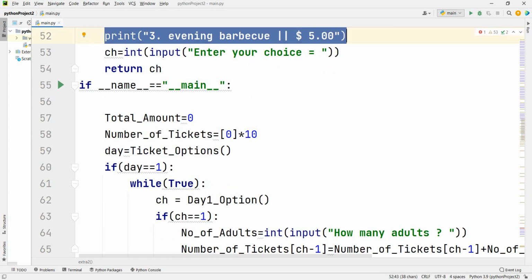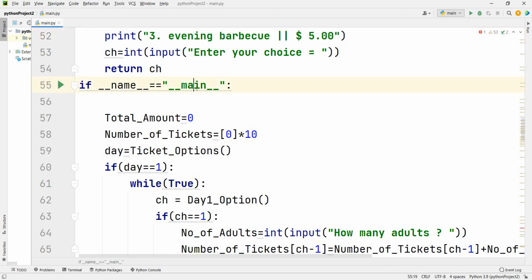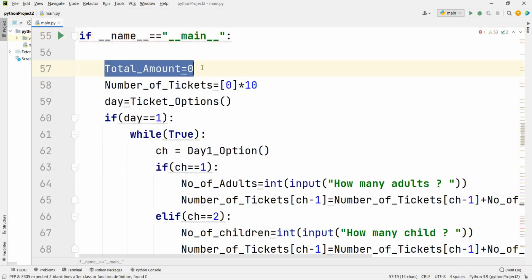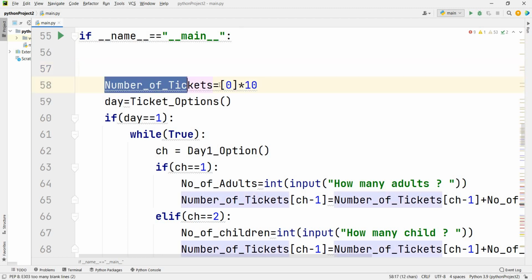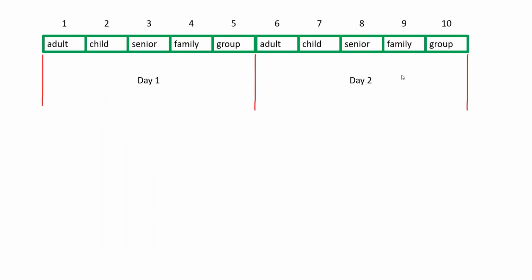And here my main starts. I have started the main here. Total amount is 0 right now. Number of tickets is 0 multiplied by 10. I have declared an array of 10 elements.